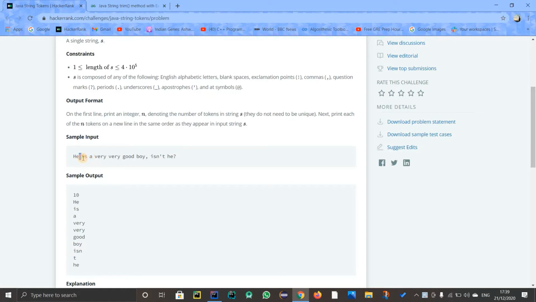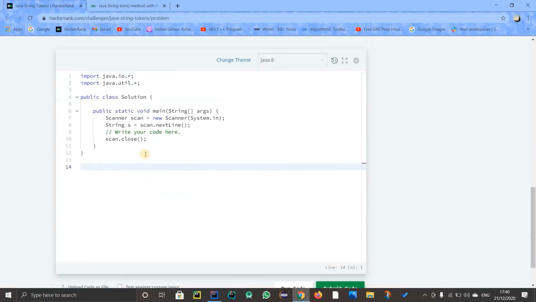So if I want to split by space or white space, what will happen? It will store the pieces in an array, not in a list, since a list is not in C++. So the zeroth index element will be he, then is, then a. We are just splitting by using a space, and obviously you can use a comma, apostrophe, question mark, anything for splitting the string. So that was about the split method.